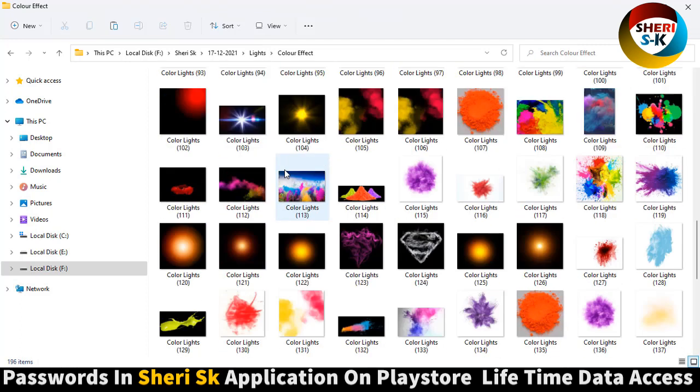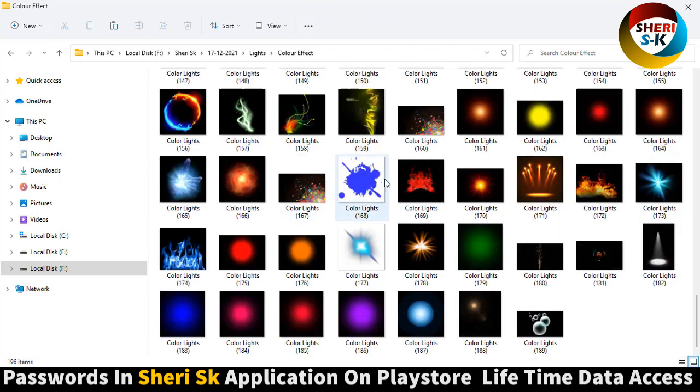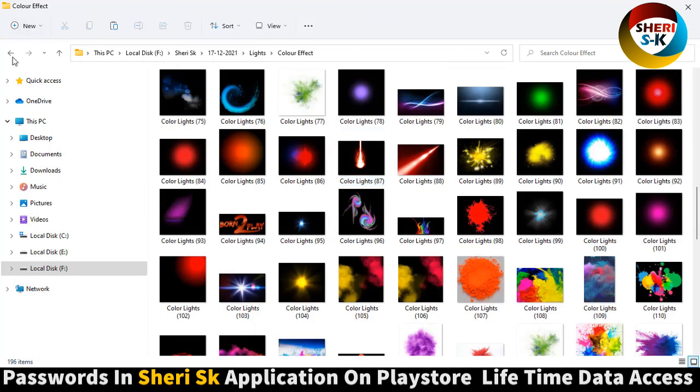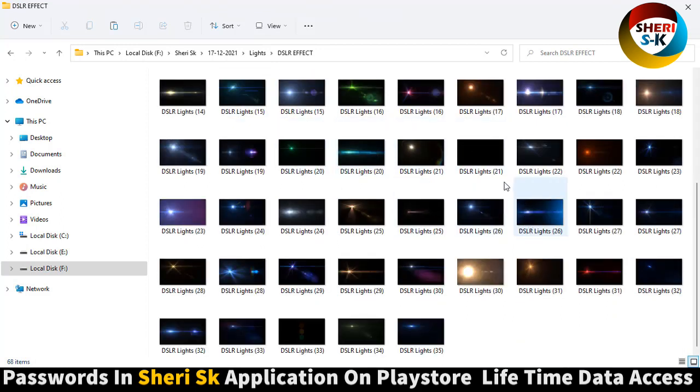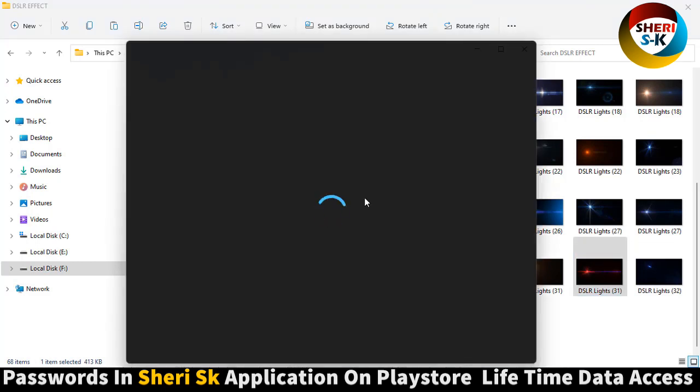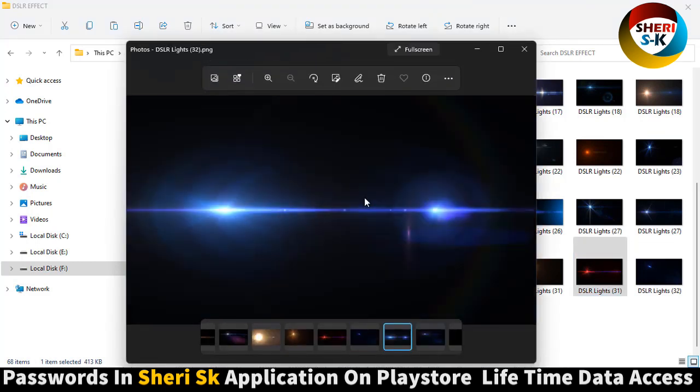Here is color effect. I know you can edit in Photoshop. Wow. Next is DSLR effects or DSLR lights. Wow, resolution is 1080. Amazing,